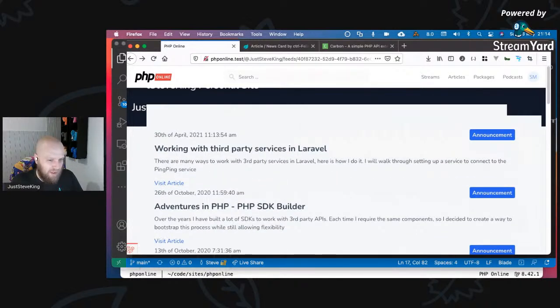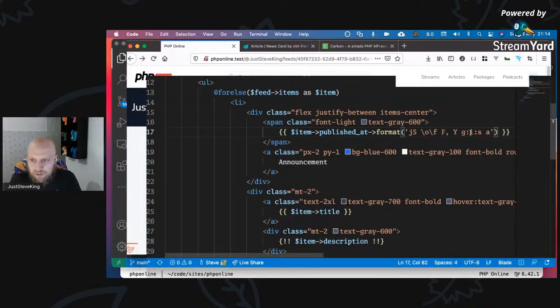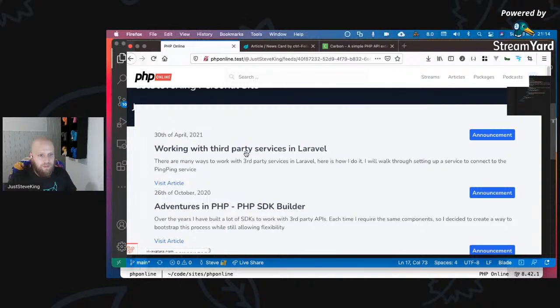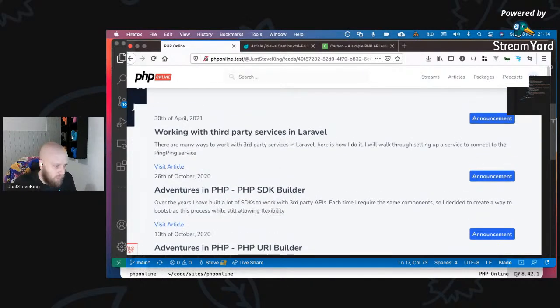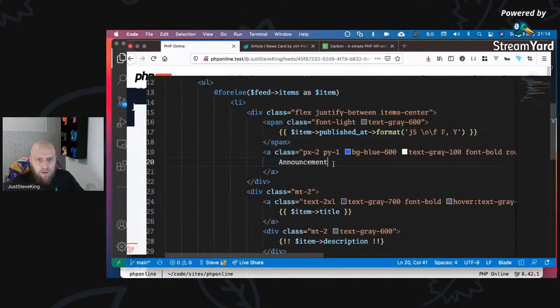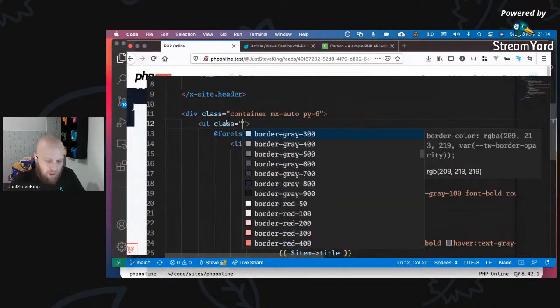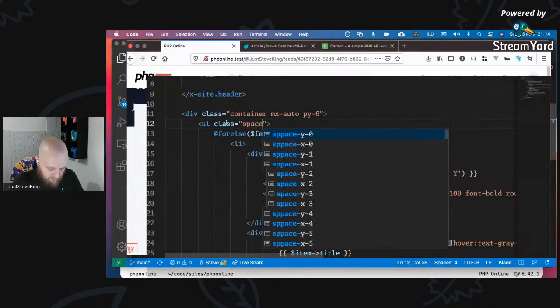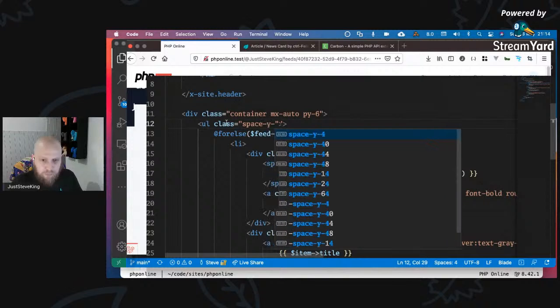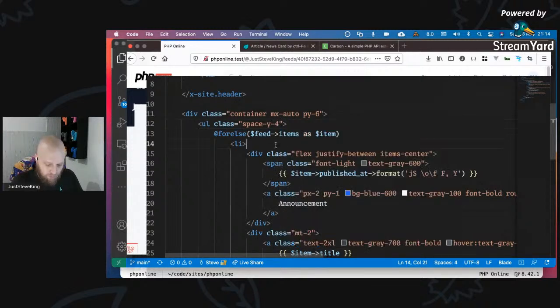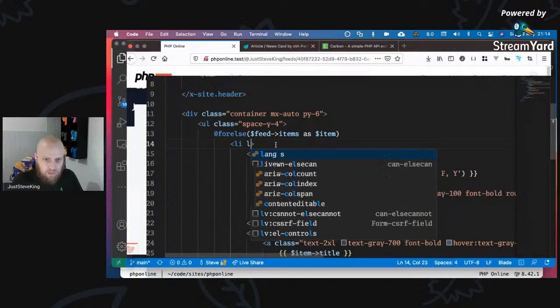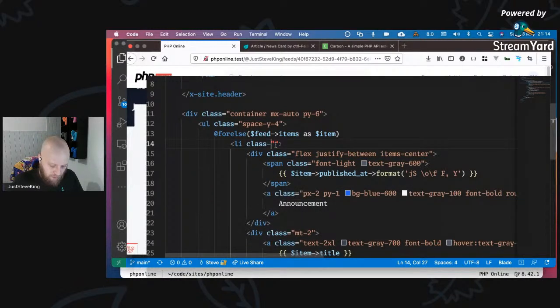Bam. Okay, so I don't really want the time on there because who really wants to see the exact time something was posted? Not really. Very useful. 30th of April, 26th of April, and what I need to do, because they're a little bit too close together, is on here, we're going to do a quick space-y for, and each one of these is going to have,